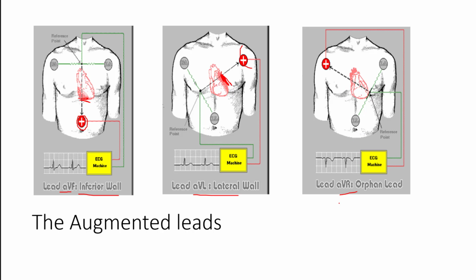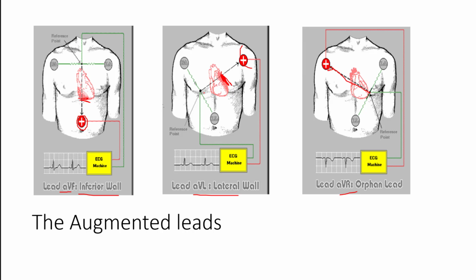AVR stands for augmented lead, right? So we're going to place our positive terminal on the right side, our negative terminal here. It's going to capture activity going in this direction. And again, these are produced by a composite of these other electrodes that we've placed. They don't have a true one. Even the unipolar leads, where we just place a single electrode to create a positive terminal, don't actually have any true ones. It's just produced by the orientation of all 10 of those electrodes used for a 12-lead